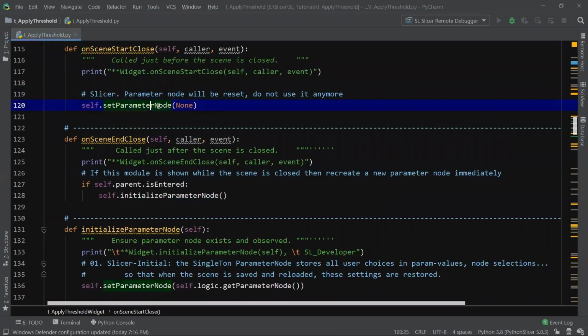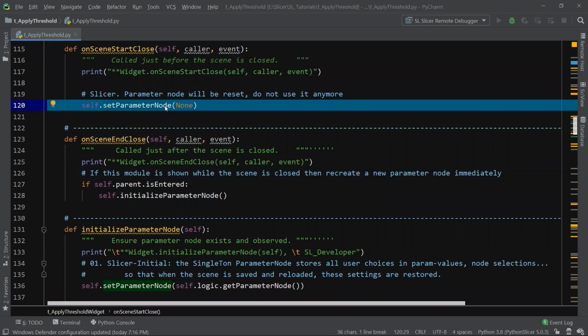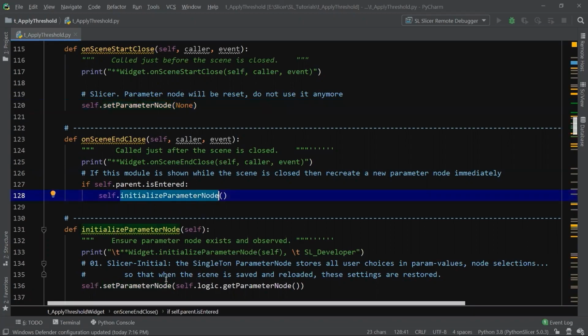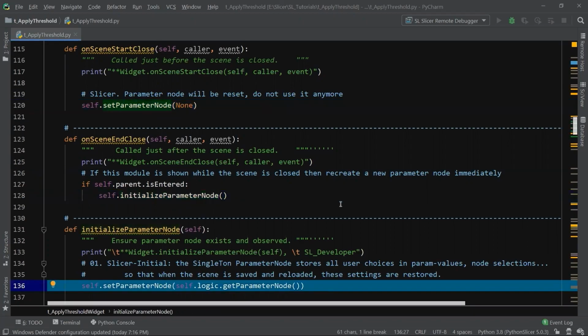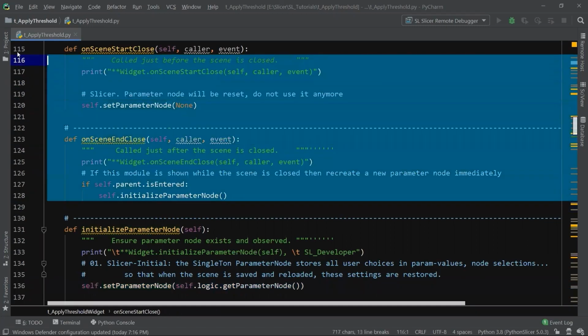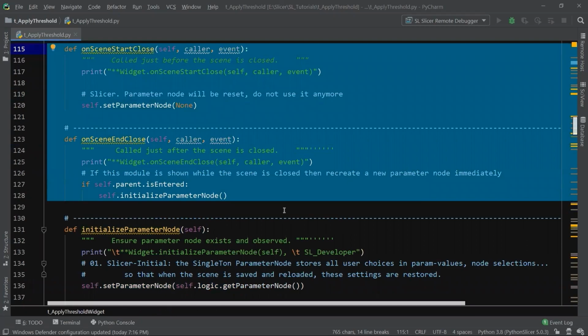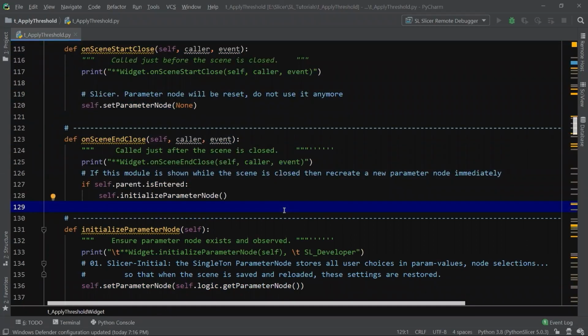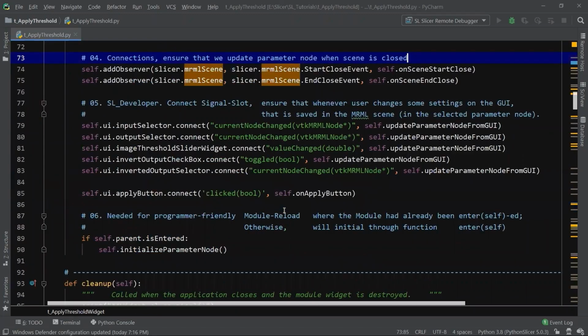One is to reset the widget member parameter node to none, and the other is to assign the module singleton parameter node to the widget member variable. The paired slot functions in Step 4 are important to the Slicer extension module, and we don't want to change them. So let's move on to Step 5.